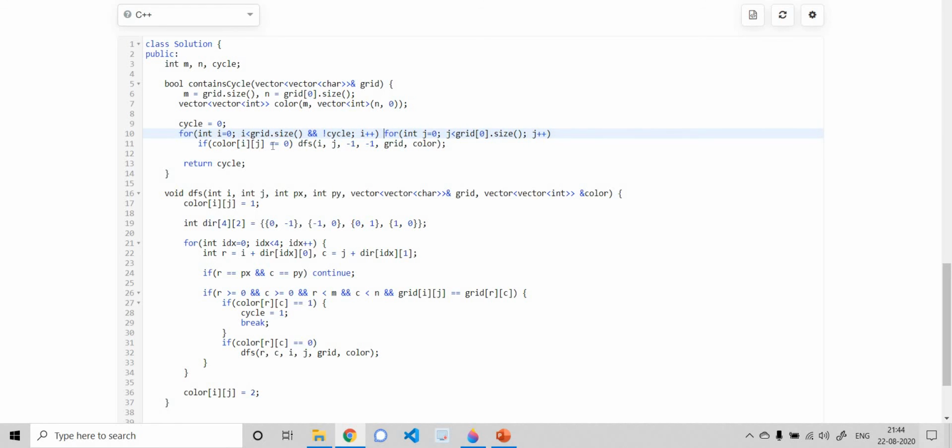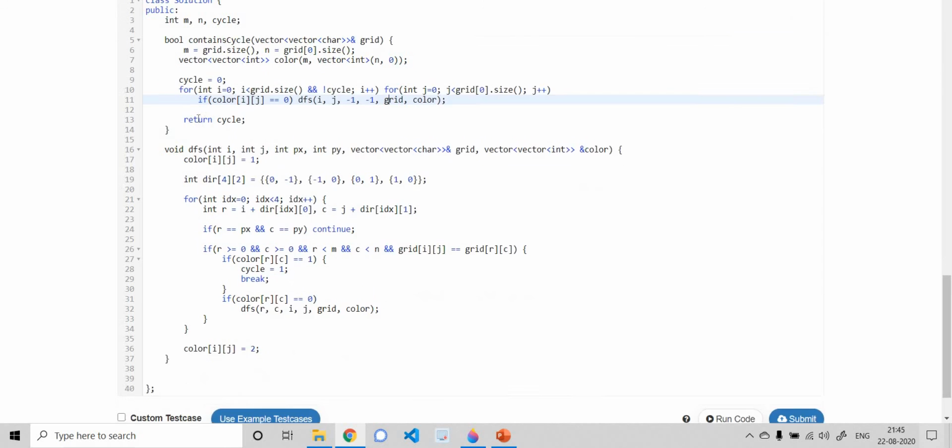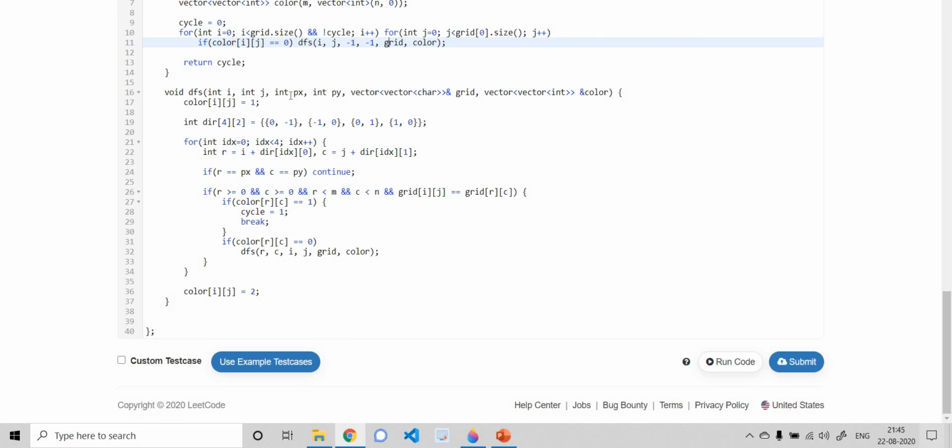If the color is equal to 0, it means I have not traversed this grid cell yet, so I need to go ahead with my DFS function for traversal. These are the indices of the current grid cell, and these are the parent's, initially set to -1 so that it won't be equal to any other grid cell's indexes. And I'm passing grid and color to the DFS function.